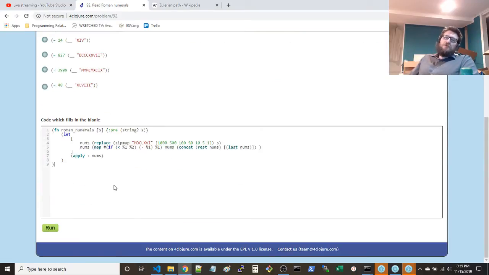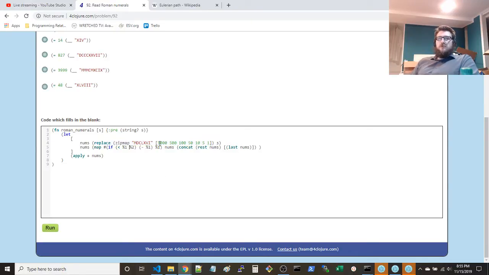I saw that in someone else. It was really someone else's solution, so I grabbed it and sort of more or less copied it. What you do is you just zip map each of the letters with each of their values, and then you replace using this map over S, which I didn't realize you could do with replace. You can actually give it a map, which is pretty cool. So it does a whole bunch of different replacements, I guess, in one shot.